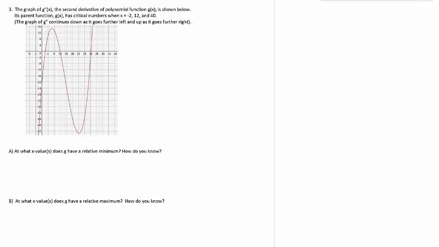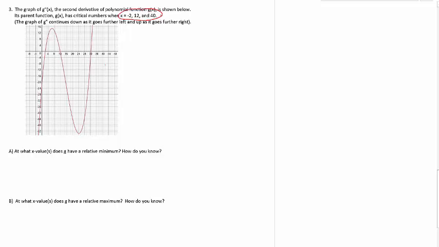Okay, we are again looking to find maxes and mins, relative extrema, for g. We are given a picture instead of an equation for g double prime. So this graph is of the second derivative. They were nice enough to give us critical numbers, which means the first derivative is either 0 or undefined at